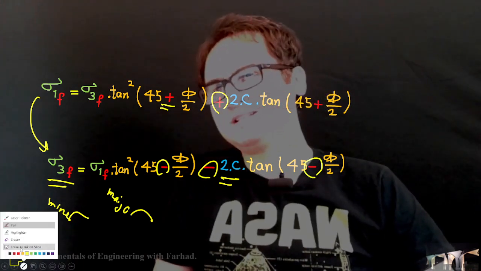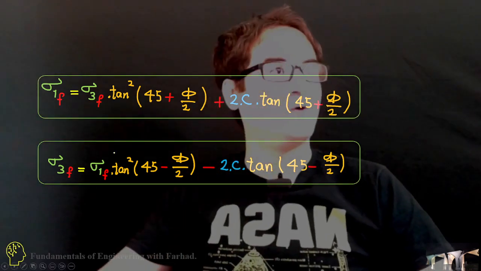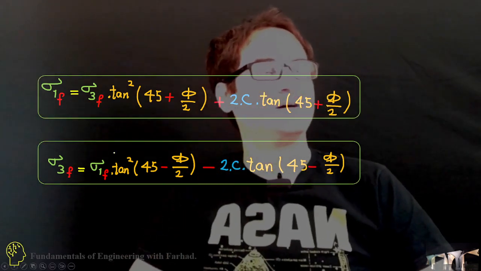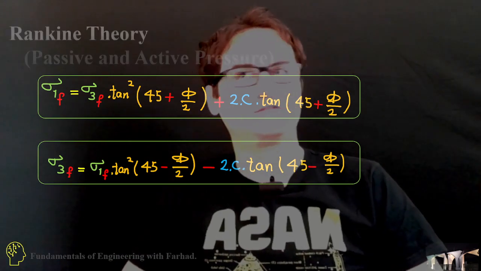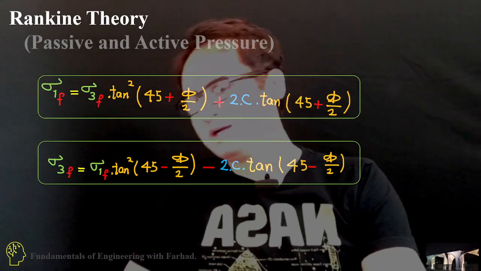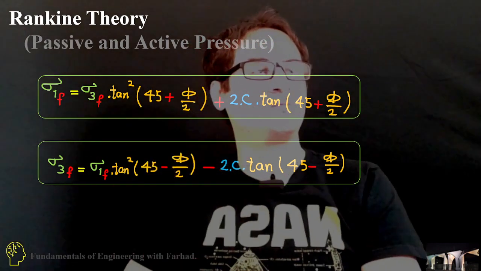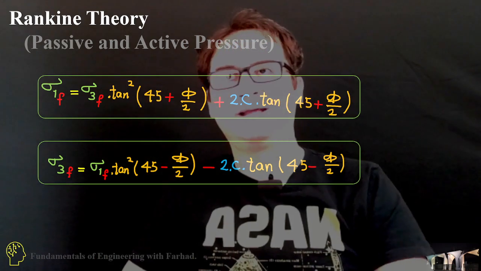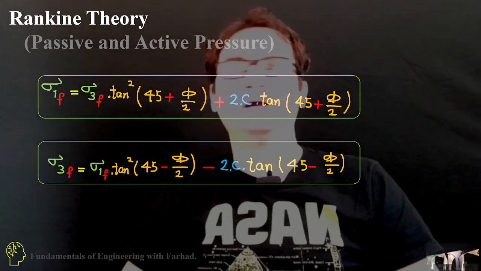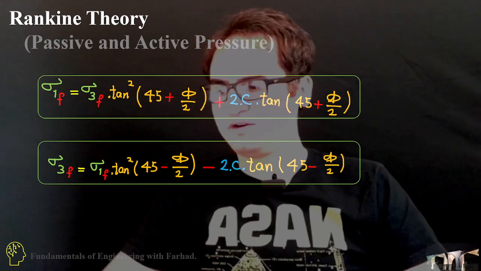The interesting part is these are the two well-known equations in terms of Rankine passive and active theory, which we'll talk about in next videos. In the next video, we'll talk about the same derivation of the formula, but in geometric form, and then we'll move on to Rankine passive and active theory, which is very famous in